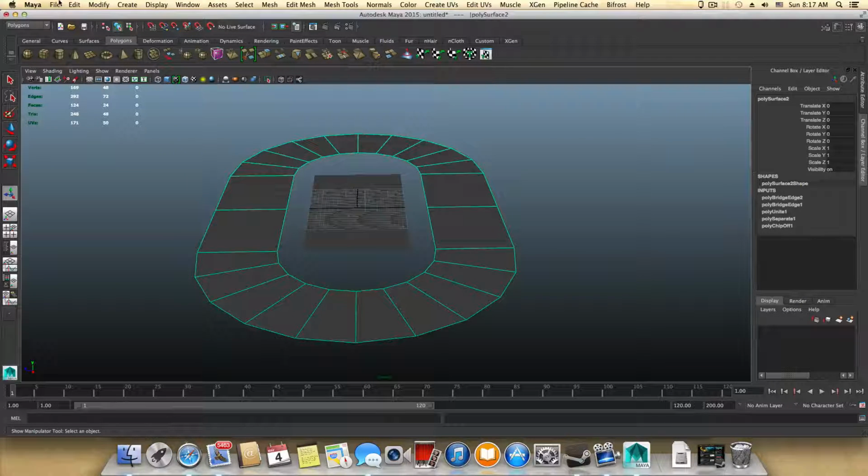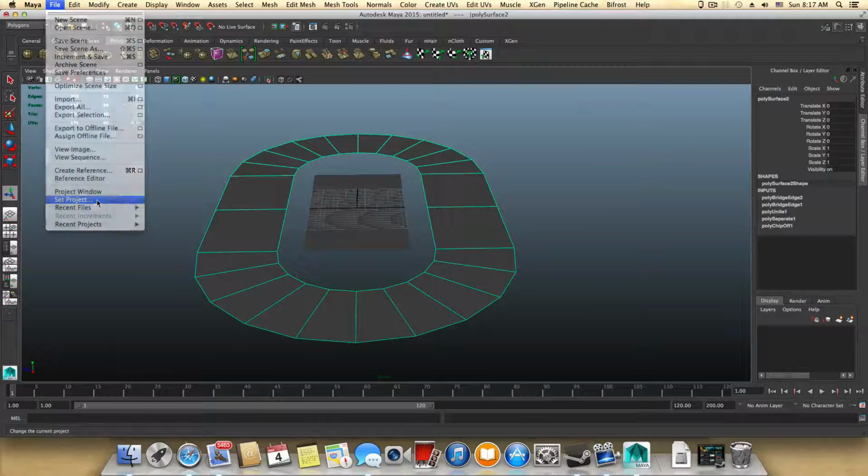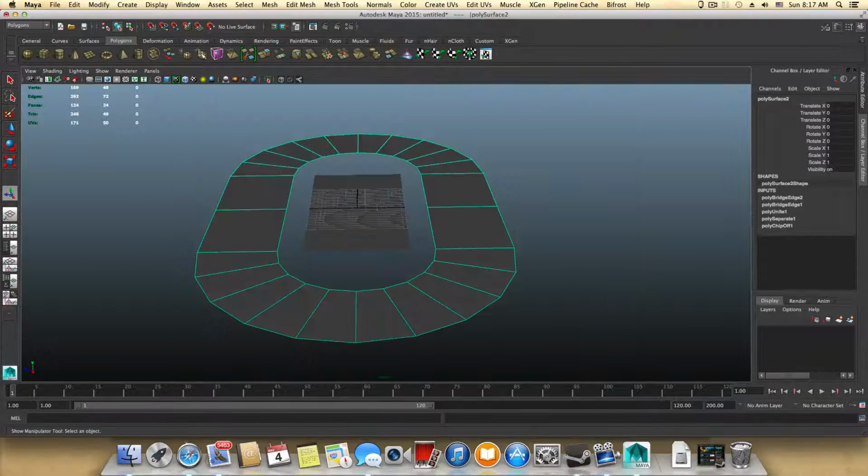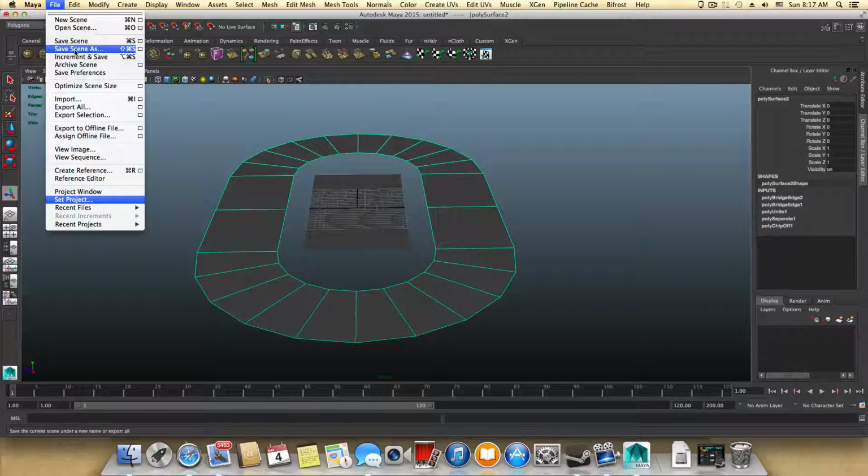Click accept, go over file, set project, and it will show you the project folders immediately. You just need to select your desired project that you want to save all your scene and whatever goes in there. Click set, and then it's safe to go over file, save scene as,